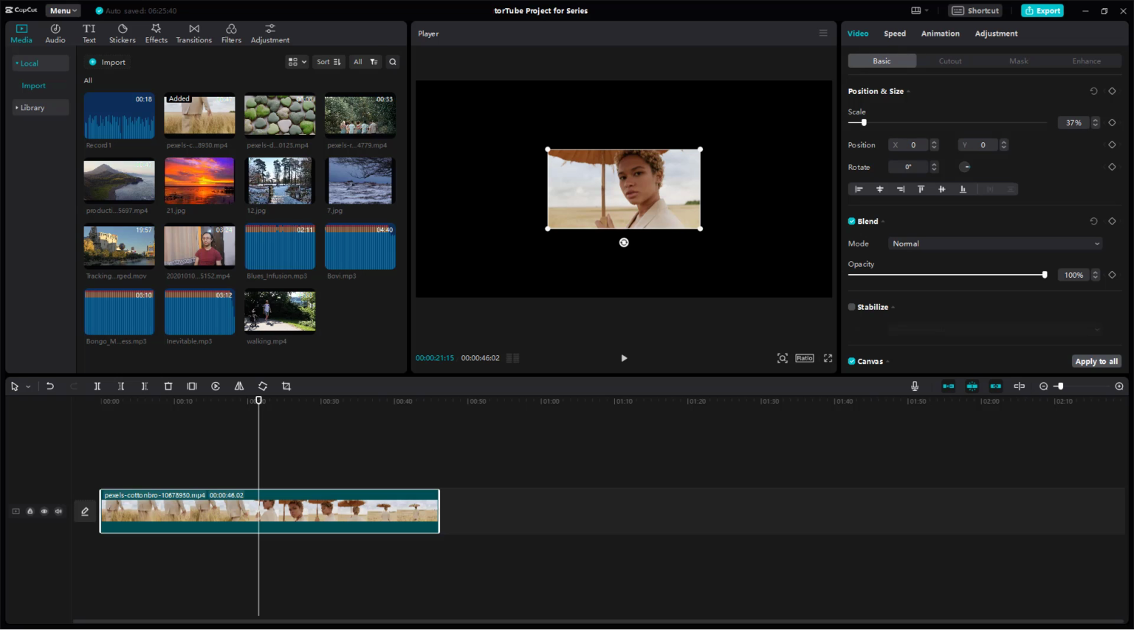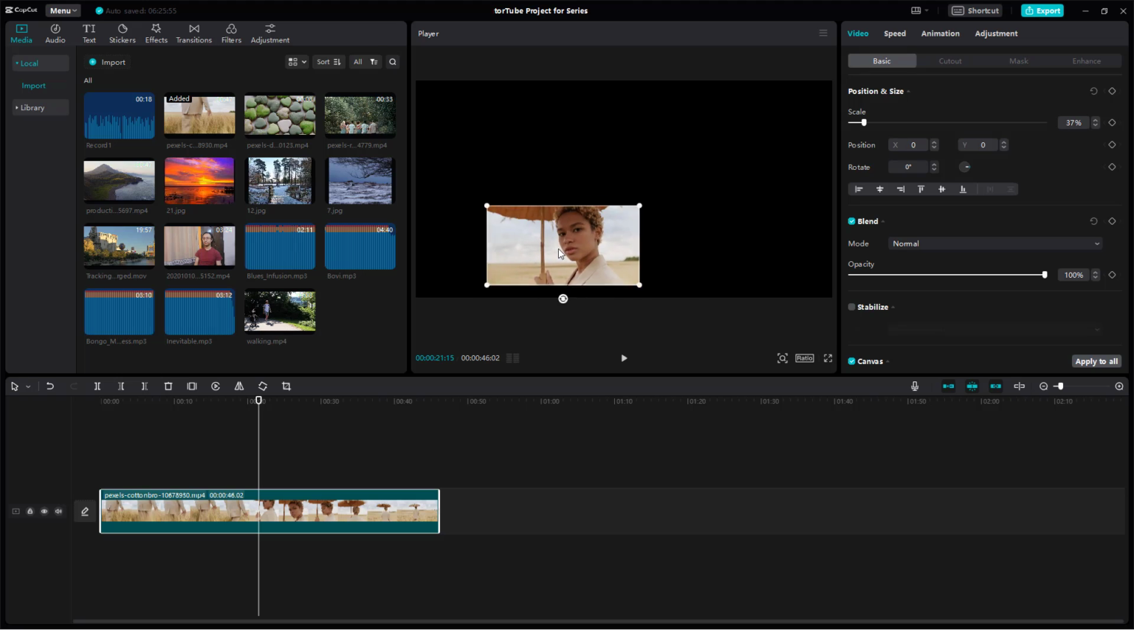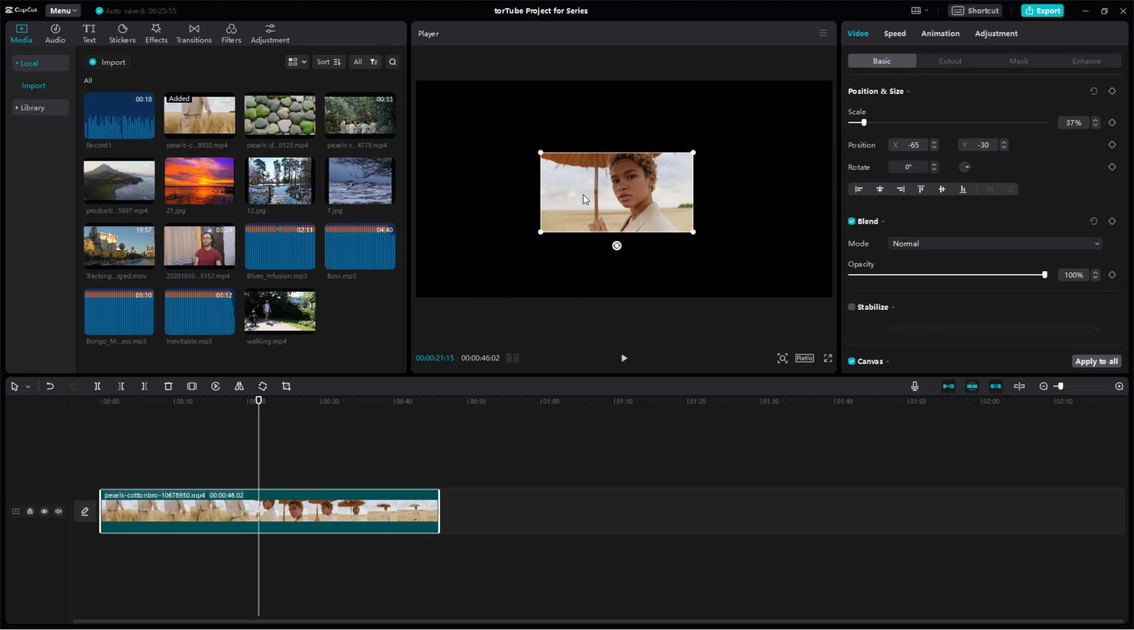So over here you can see that I have a video clip right here, and what you can do with this video clip is align it wherever you want as well. So now I can click and drag around to align it manually, but if you want to perfectly align it to a certain location, then what you can do is click on this video right